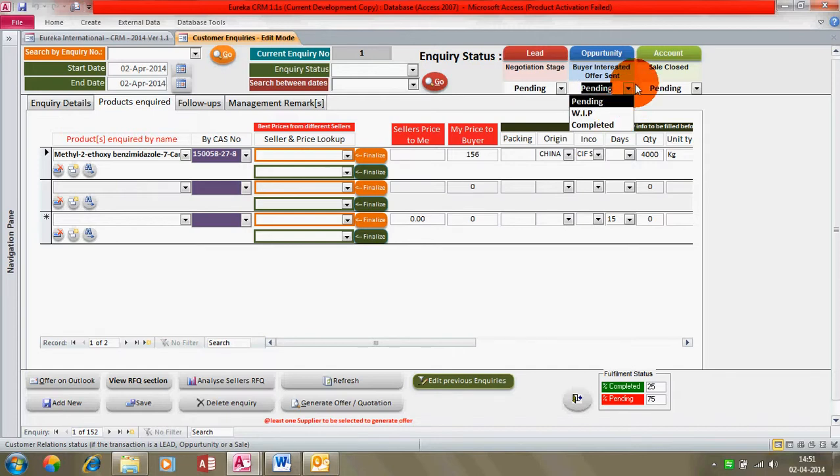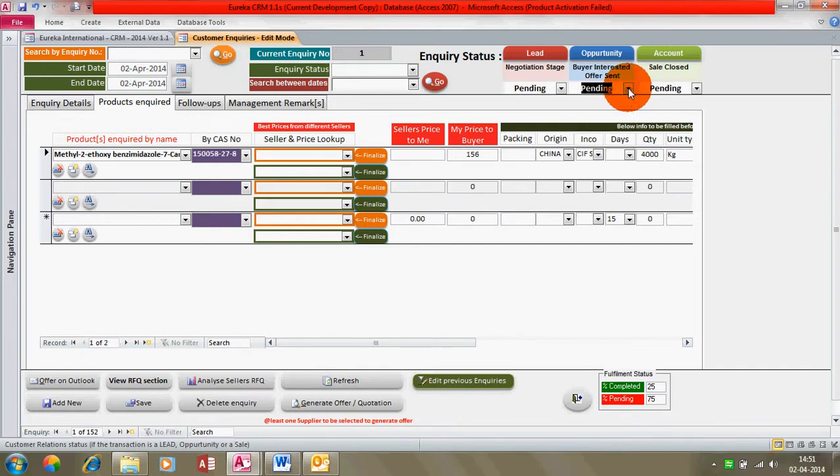Now these status messages can be changed manually by yourself by choosing this combo box and choosing any of these statuses, or you can have these things done automatically. I will show you how it's changing automatically. So once the offer is sent, your status will change to work in process.